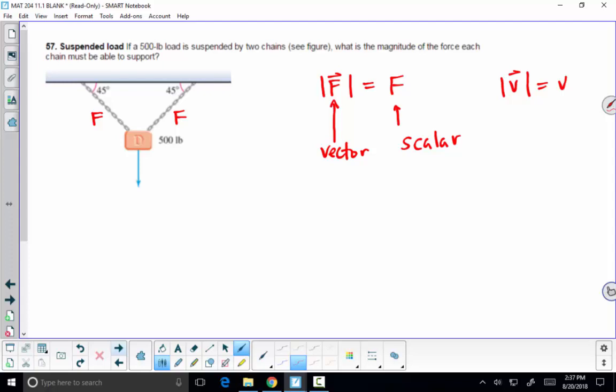There's times where you prefer the scalar. Like if you're dealing with the length of the side of a triangle, you want it to be a number. All right, so